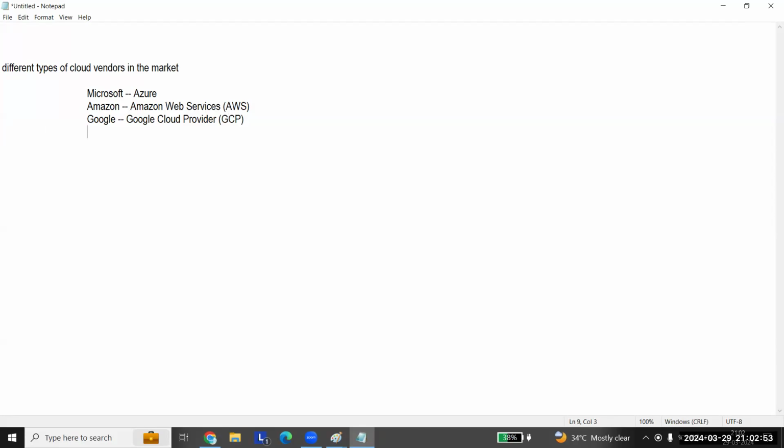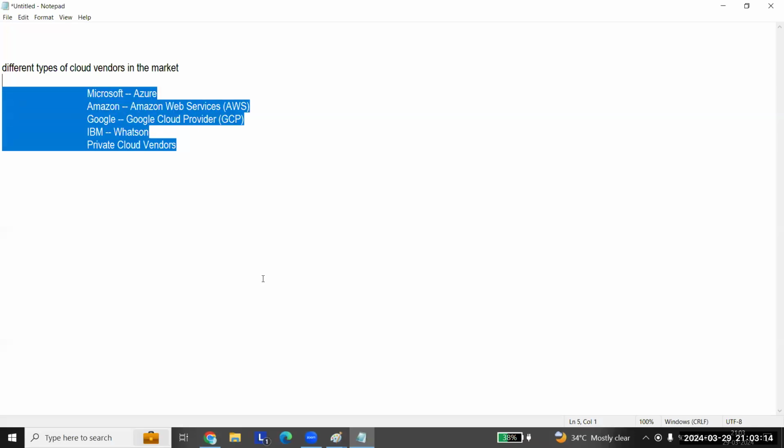Then we have IBM, that is Watson. Then we have private cloud vendors. So these are the different vendors present in the market. And what is the service of these people?